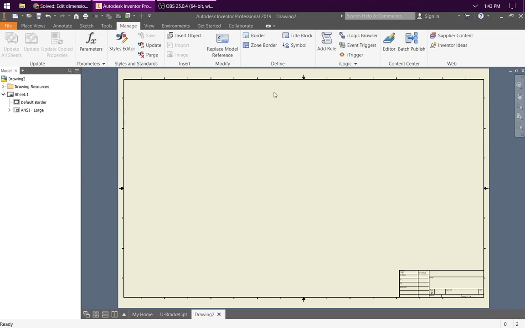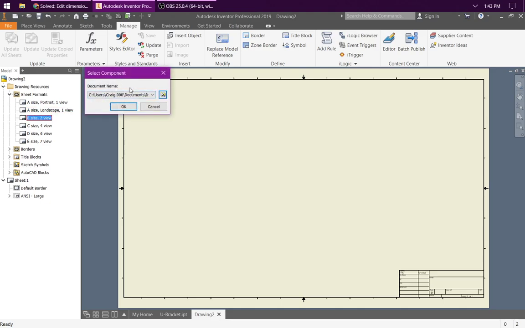Now we can use predefined drawing sheet formats, which is pretty nice. That gives us the size of the sheet overall and standards for things like the scale that we're using. So if you click where you have drawing resources, click the little arrow that's facing right to expand it. We want to see sheet formats, so we'll expand that as well. We'll double click the B size 2 view,